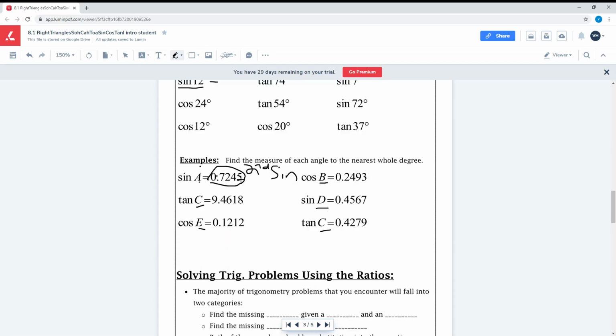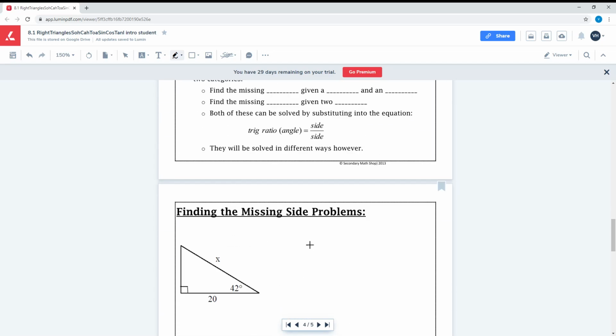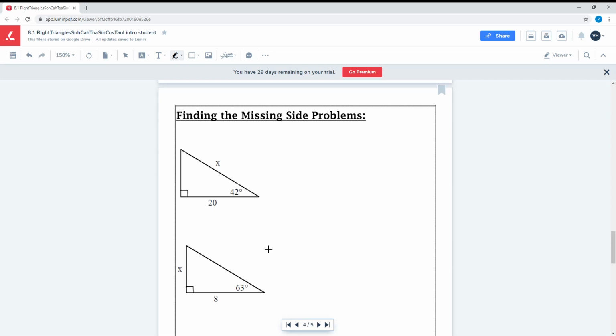Let's actually put all this part that we learned yesterday, all these ratios and all this, and actually solve for sides and angles. So the first part is let's solve for some sides. So in this case, we're given an angle and we're given a length. And so now we got to figure out which